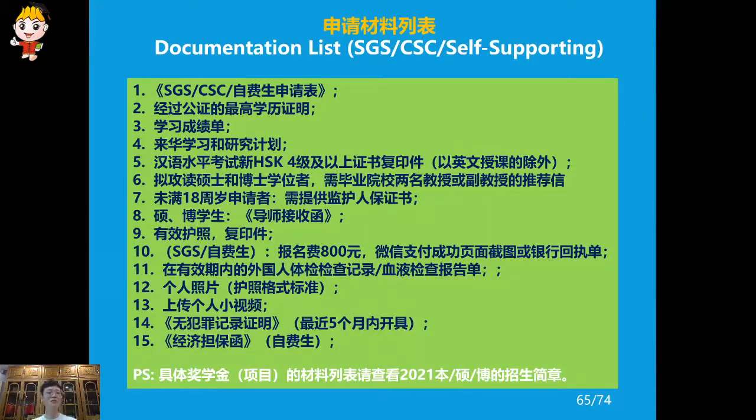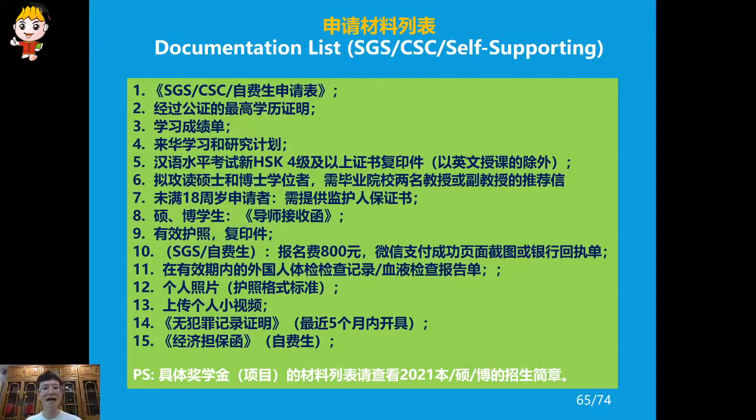And this is a documentation list, but no worries guys, we have so many information in this PowerPoint. We have item 1 to item 15. So the teacher will share the documentation list right now. Yes, it's over there, 1 to 15. You can check it out from the interactive column over there.